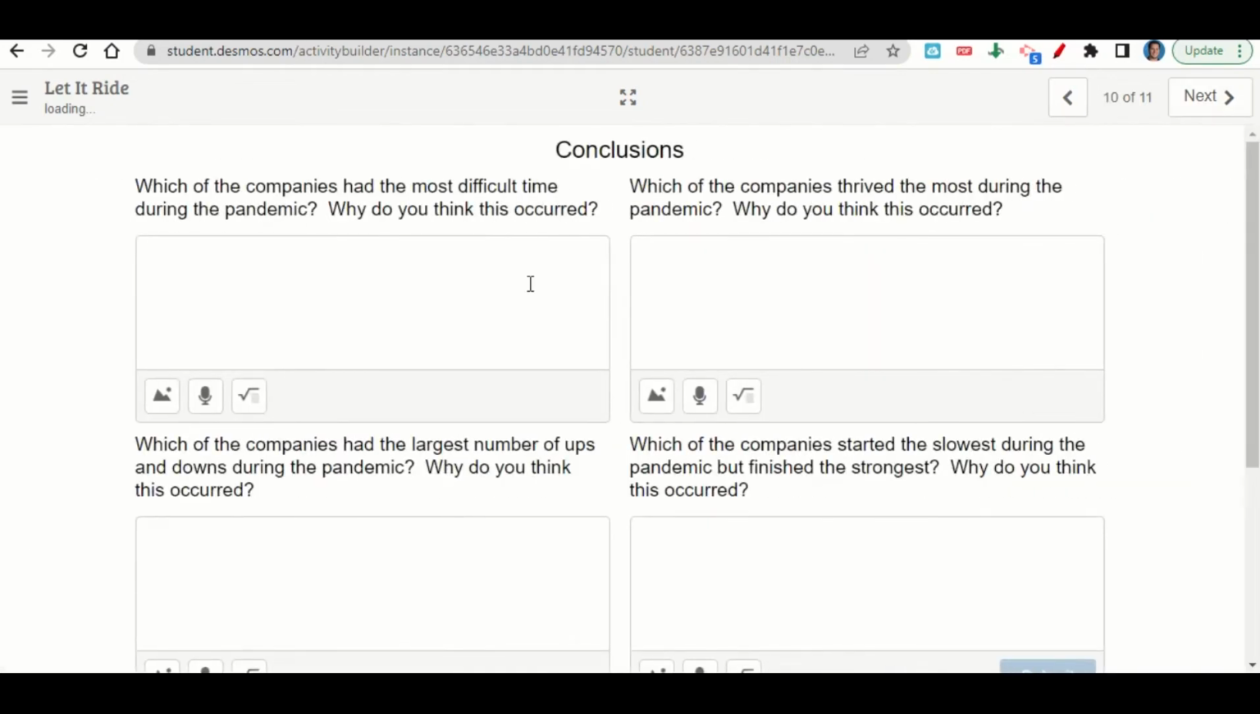So which companies had the most difficult time during the pandemic? Well, we should have recognized that the most difficult ones were retail and restaurants. Why do I think that occurred? You state why you think that occurred. Which companies thrived the most? Well, we should notice that Clorox, Pfizer, and Mask Me Anything thrived the most because they were providing products that were